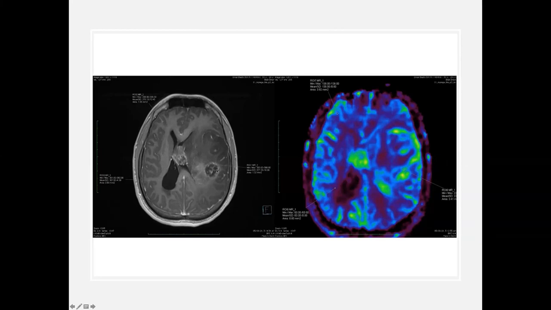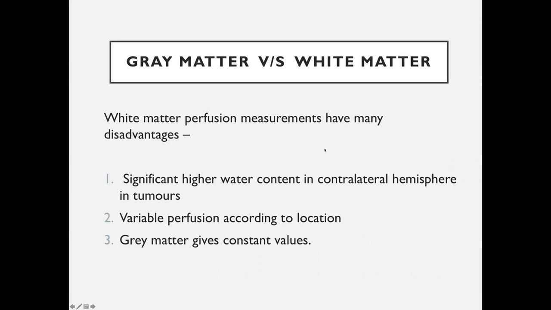You can divide this value by white matter. Similarly, I've copied these on my perfusion maps. I've already told you these are the same images, but for the purpose of convenience, I have shown them as different images. Now the question automatically comes to someone's mind: sir, should we use gray matter as a reference range or should we use white matter?